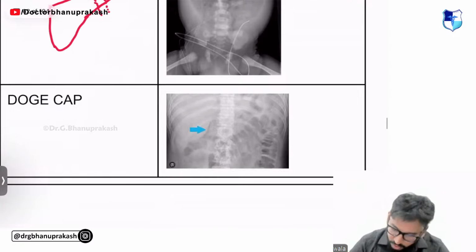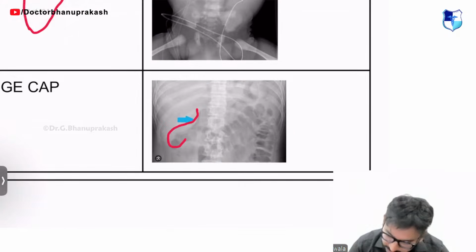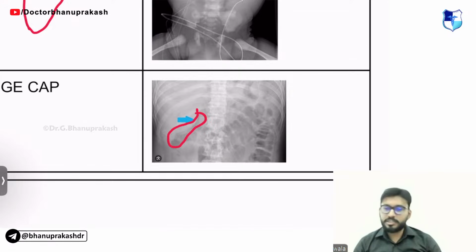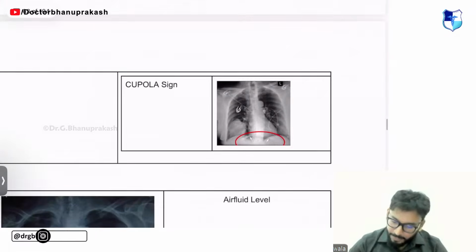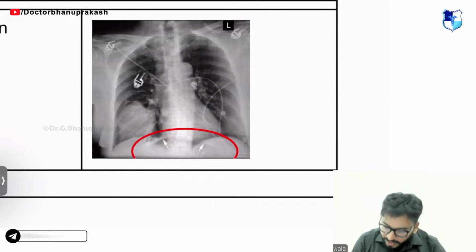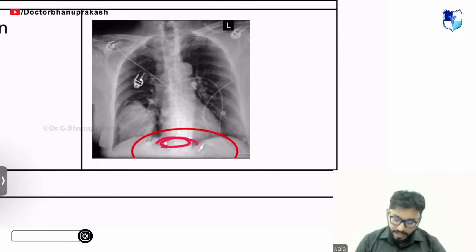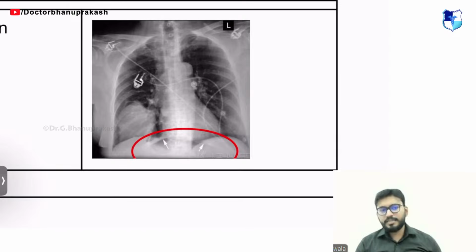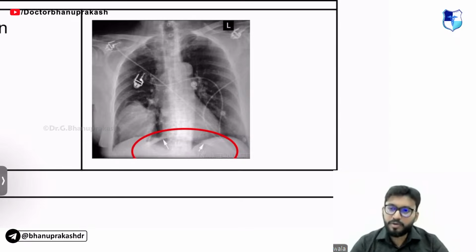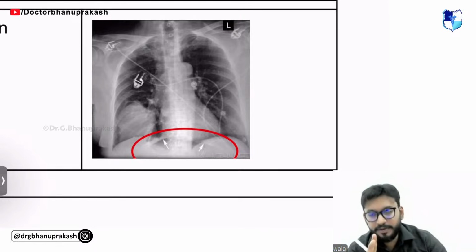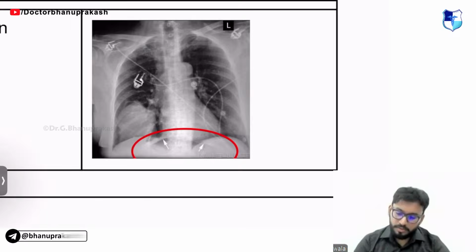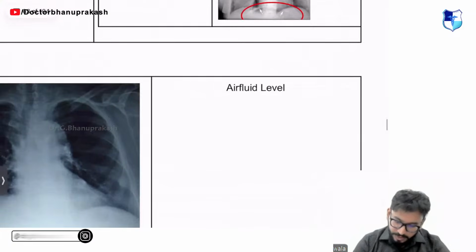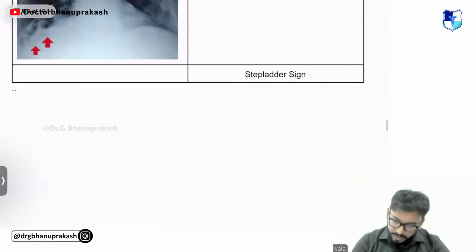This is known as the Doge cap sign. You can see air on the right side below the liver, in Morrison's pouch. This is your Doge cap sign, and there is the cupola sign. What is the cupola sign, guys? Can you see air under the central tendon of the diaphragm? This is known as the cupola sign. And these are all the signs that you need to know for pneumoperitoneum. Air under the diaphragm was one, football sign, falciform ligament sign, Doge cap sign, and now we've seen the cupola sign. Right. Now we're taking a look at